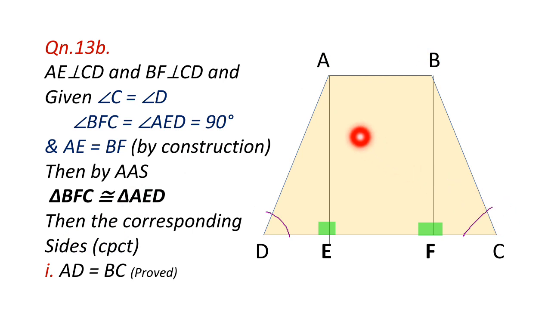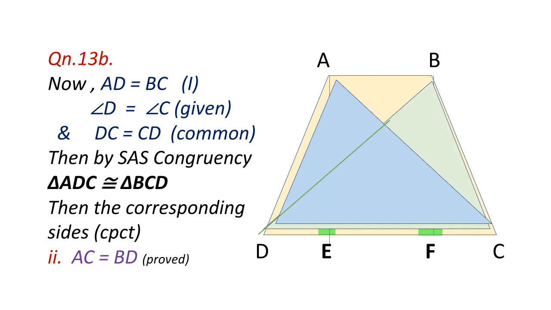Here we have started with A, then we come to D, because D and C are the corresponding points for those two triangles. So BFC, and it is AED. You should follow the order while writing the name of the triangle. You should definitely follow the order of the points properly. So AD is equal to BC. This is what we have to prove, and it is proved. This one is part one. Now see the second part.